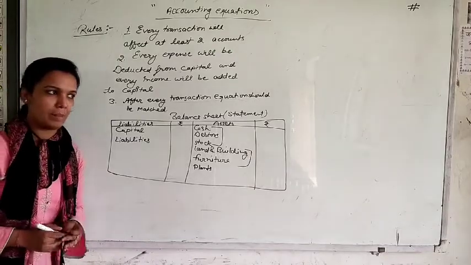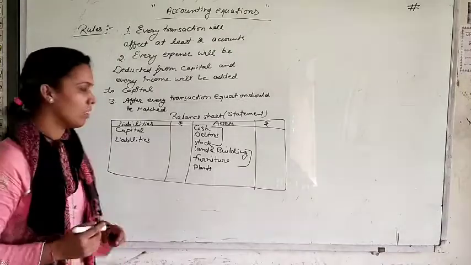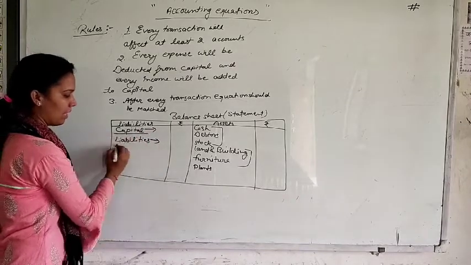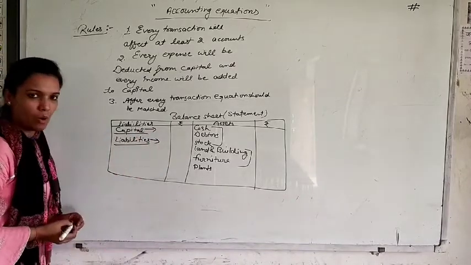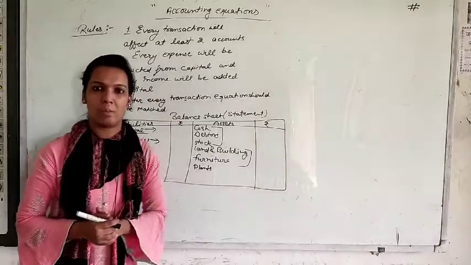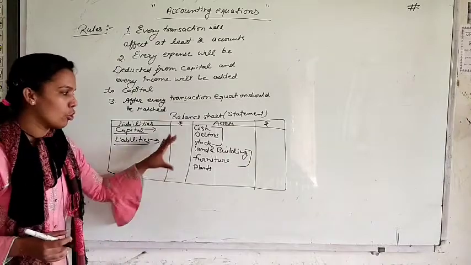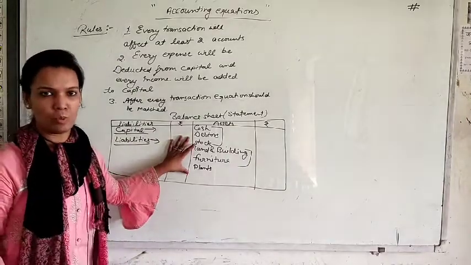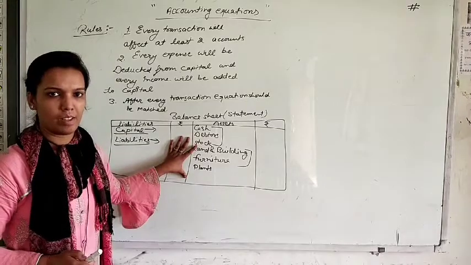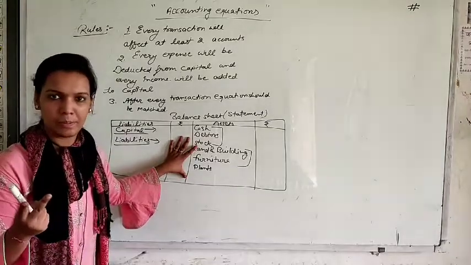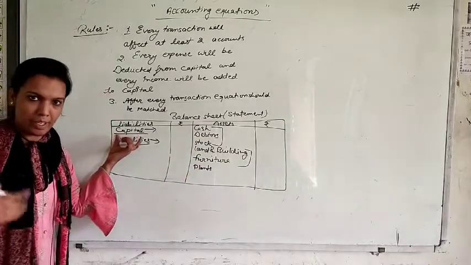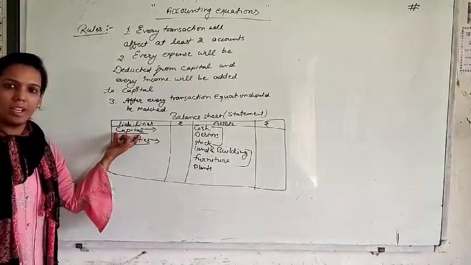What is the meaning of liability? Liability side is divided into 2 parts. Those 2 parts are capital and liabilities. How? Just try to understand this point. Suppose whenever you are going to start any business, obviously you will need some assets in your business. How can you purchase these assets? You have 2 ways. Either you can invest your personal money into the business, that will be called capital.